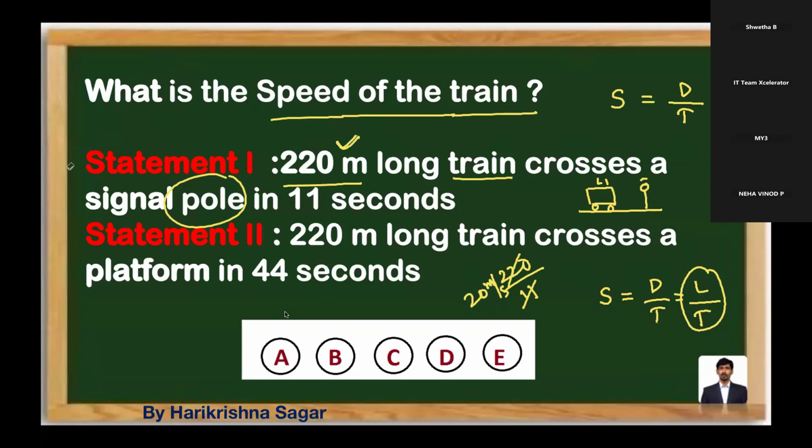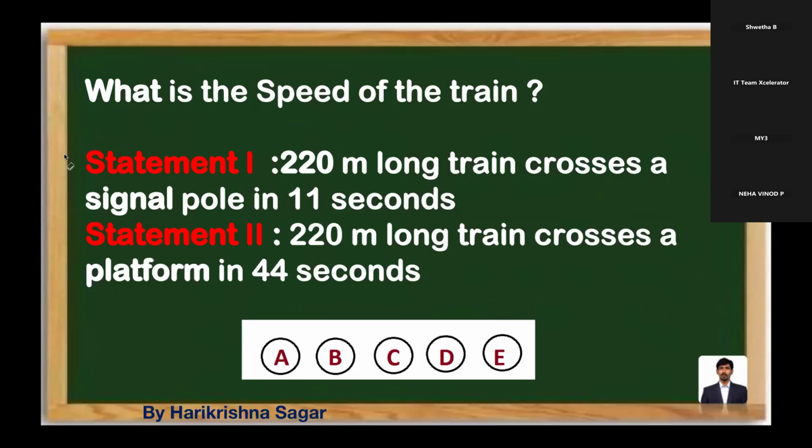So with this one statement, that's why I'm directly marking the answer as A, and I'll eliminate the other ones. If the first one is correct, do not eliminate all. I'm telling you, fix the answer as either A or D. Eliminate B, C, E. That is what I told you. So if the first statement is correct, the answer can be either A or D. If the first statement is wrong, the answer can be either B, C, E. You can eliminate option A and option D from the scenario directly.